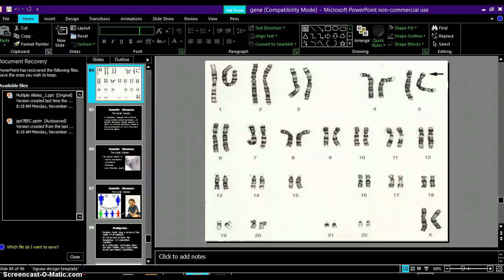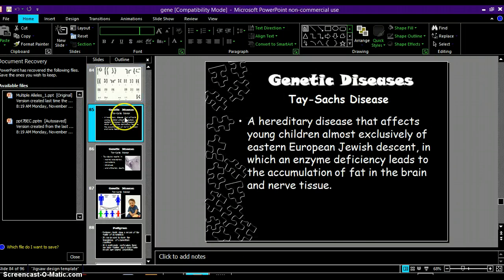So here we are with the last part of the genetics PowerPoint. Here we have the cri du chat, which has part of the number 5 chromosome missing right here. Another genetic disease